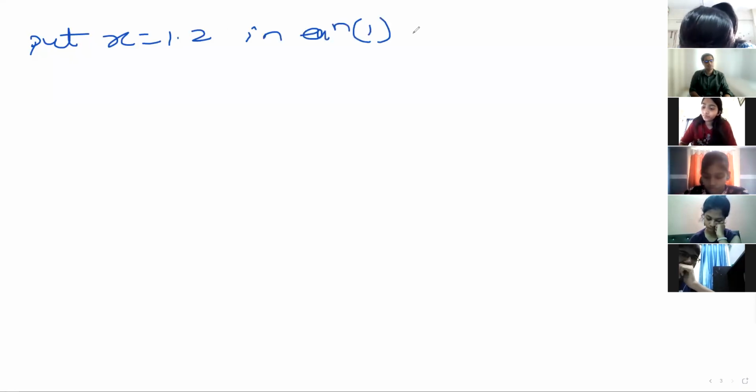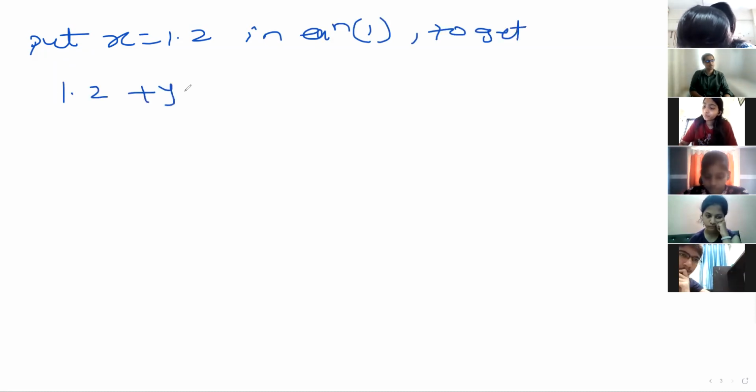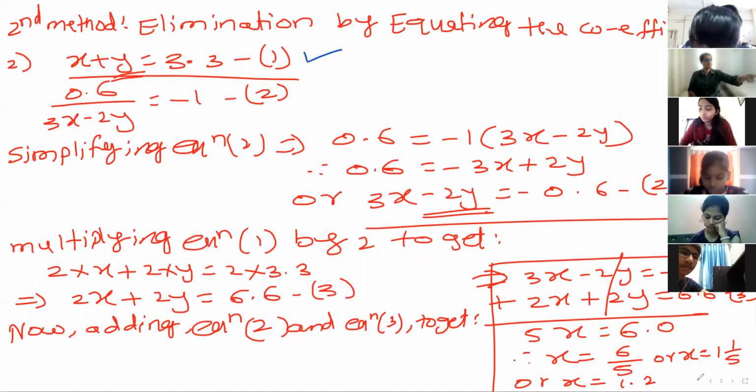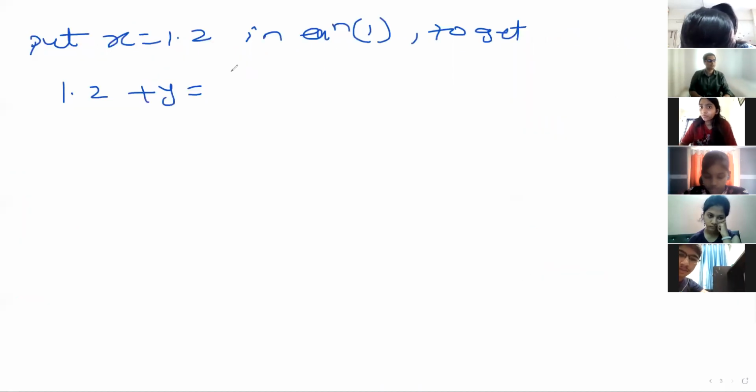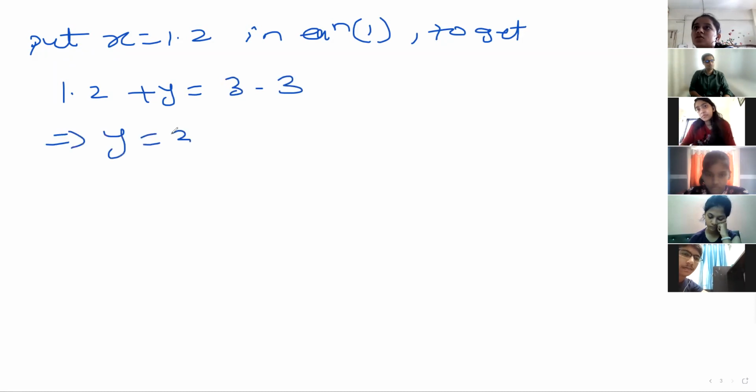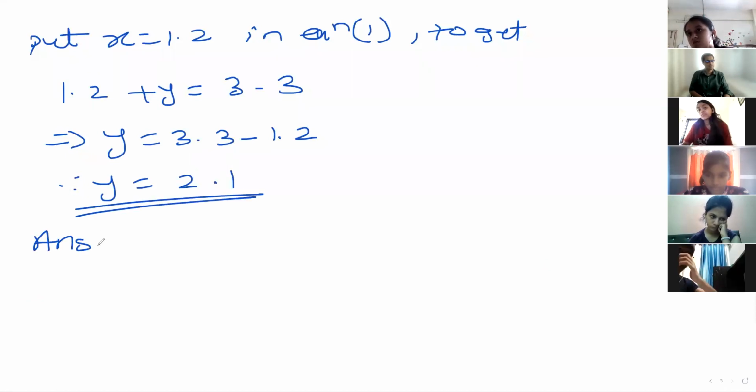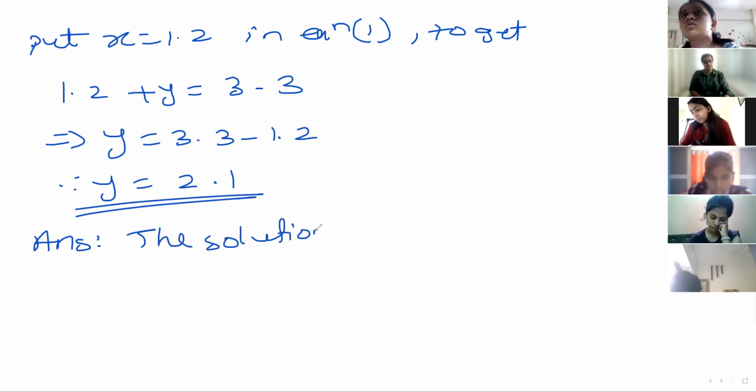So write, put x is equal to 1.2 in equation 1 to get 1.2 plus y is equal to 3.3. This implies y is equal to 3.3 minus 1.2. Therefore, y is equal to 2.1. That's it, done, we got the answer. Write the answer. The solution is,